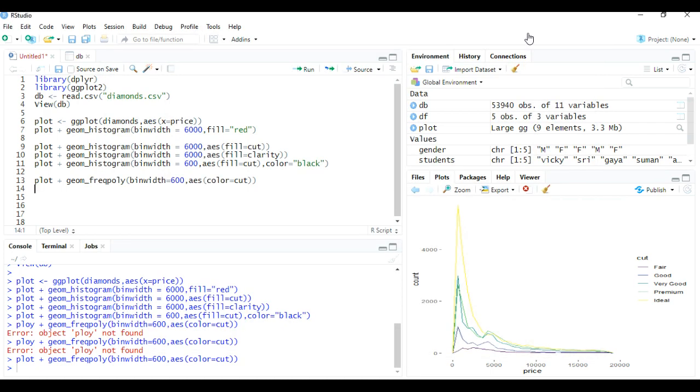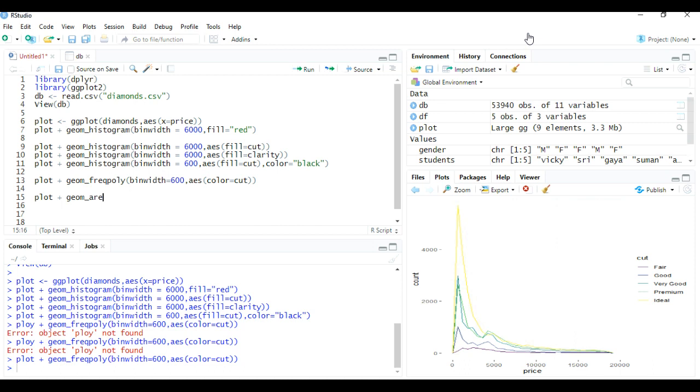Now let's plot an area graph. This is a frequency graph and we already did the histogram graph. Now plot an area graph. For plotting an area graph, I will just type plot plus geom.